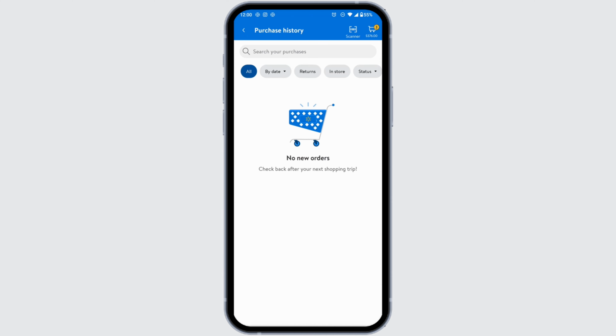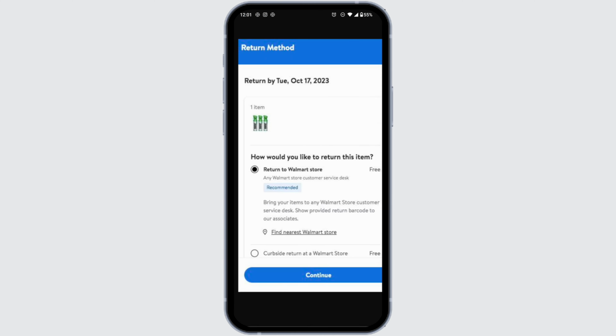If the start a return button is available, you can initiate the return process directly through the app. Not all orders are eligible for return through the app. Check if the order is eligible for the refund or not. If the order is eligible, the refund will be issued automatically to the original payment method once you complete the